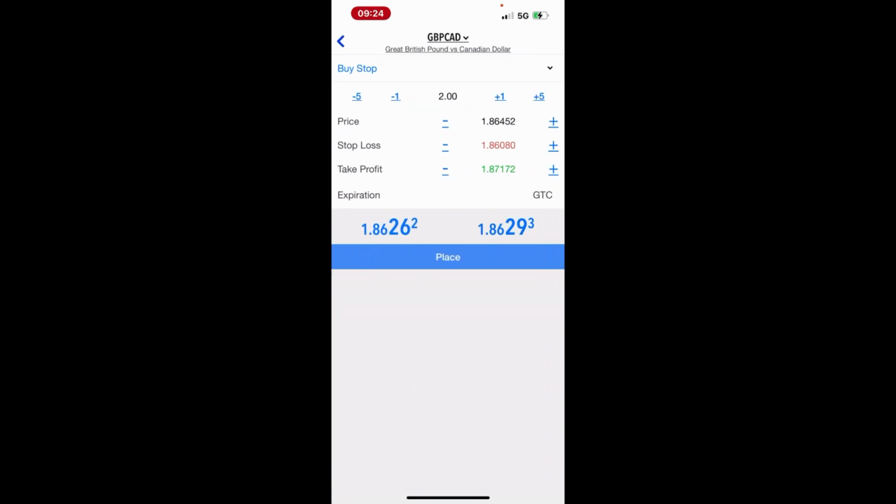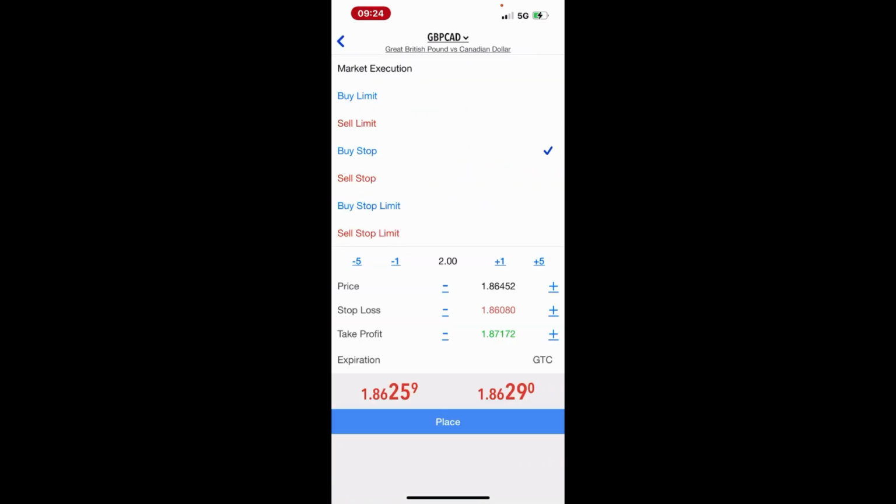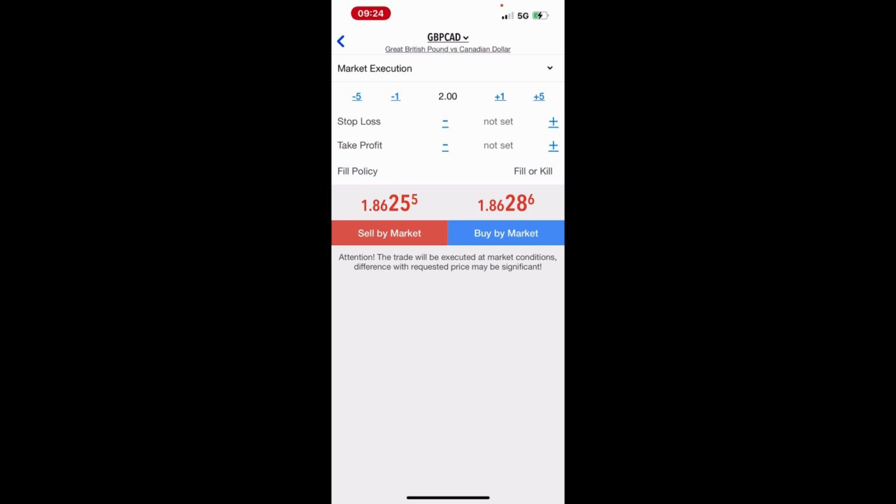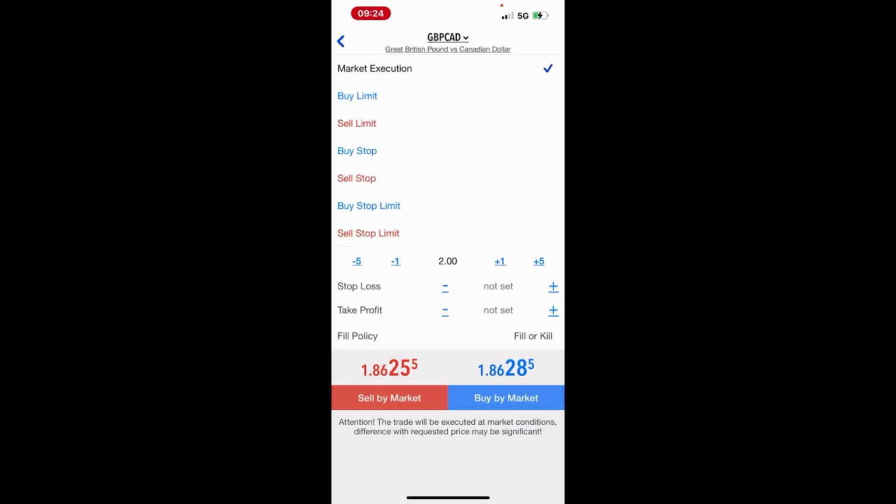You can see market execution, you can see buy limit, you can see sell limit, you can see buy stop, you can see sell stop, you can see buy stop limit, you can see sell stop limit. So most times all you need to just press is this market execution, then you select which one you are actually working with, whether it's the buy limit, a sell limit, a buy stop, a sell stop, a buy stop limit, or a sell stop limit. Do you understand? And all you need to do is check your leverage. This is where your leverage is